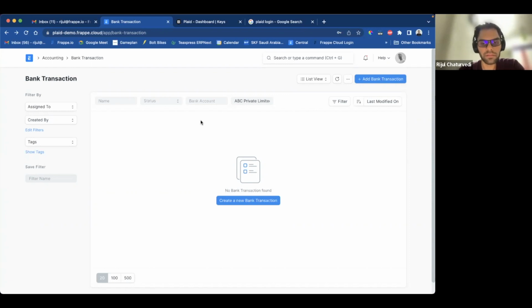The second method is a semi-automatic method, which is Plaid in this case, wherein Plaid will fetch all your bank transactions from your respective accounts and pull them into the ERP, and it will list them over here, which is what we have been doing till now. And now I was showing that the bank transactions are empty at the moment. Let us go back to